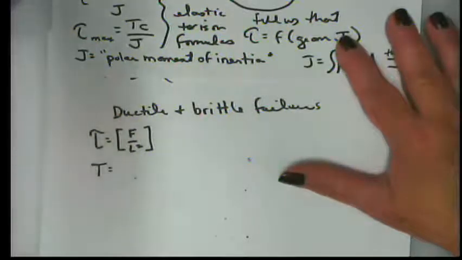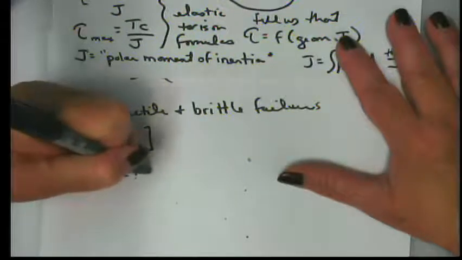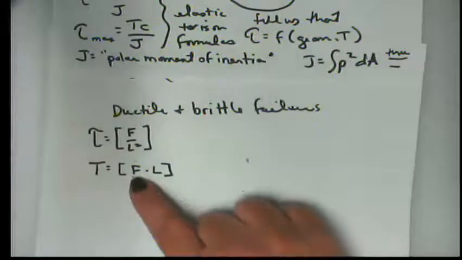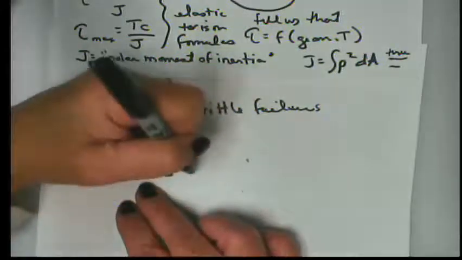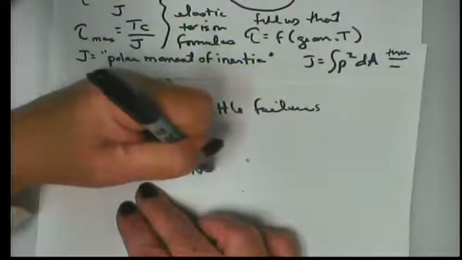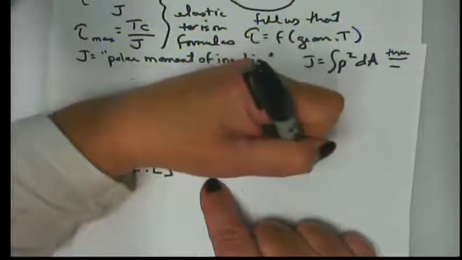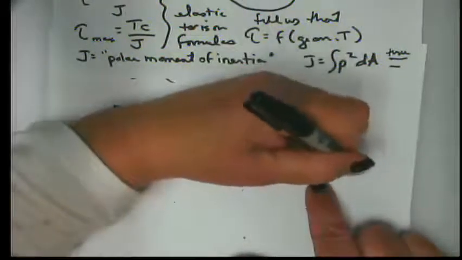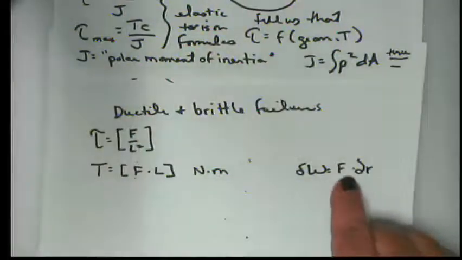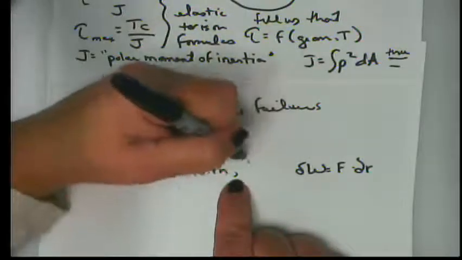Torque, T, is in units of force times a distance. So it's in dimensions of force times length. So torque can be measured in Newton meters, or in foot pounds. And in the SI system, we would say Newton dot meter, because this is actually from the same integral of dW equal to F dot dR. So we have a dot product, so we sort of indicate it this way. It can also be in what are called foot pounds,